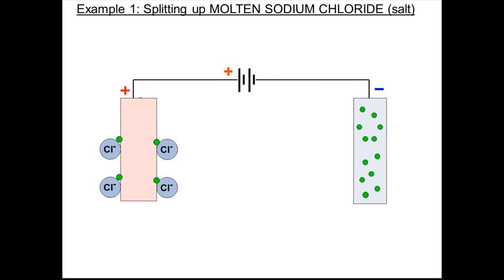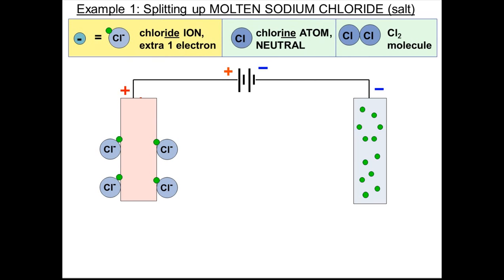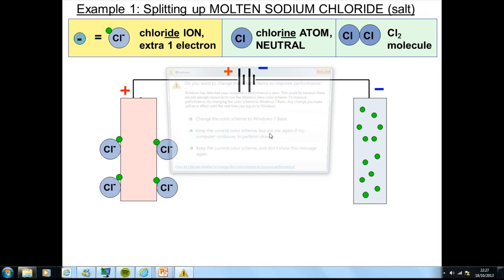So splitting up molten sodium chloride, and the molten bit is important here because it is a liquid, it is not a solution. So let's have a look at what happens here then. We're looking purely at what happens with the chlorine. The chlorine has gone over now to our anode, which is our positively charged electrode. And the chlorine, if you see this little green blob there, that tells me